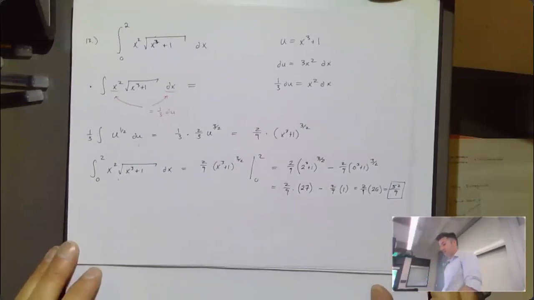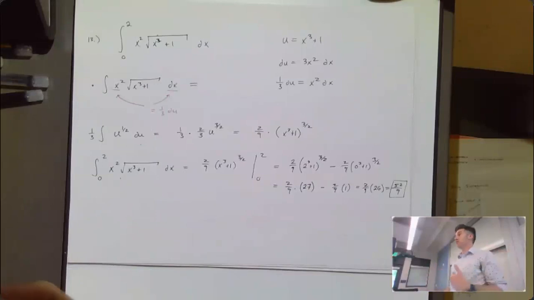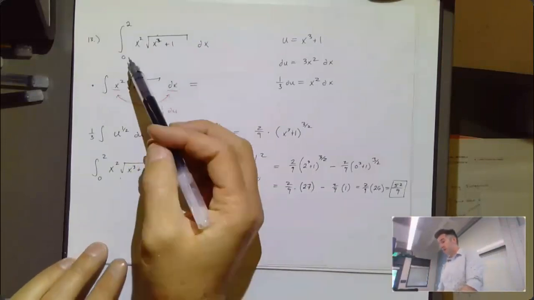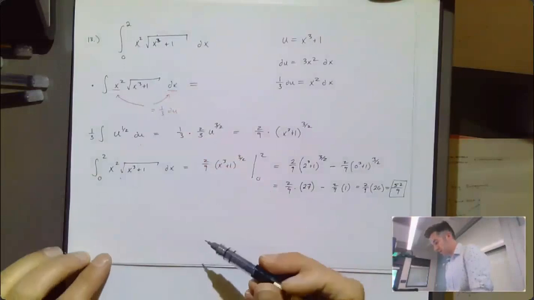Another way of tackling this is to do what's called changing the limits of integration. So when we do a U substitution, we're changing the integral to being in terms of U instead of in terms of X. Well, you can change your limits of integration as well, because these are supposed to be from x equals 0 to x equals 2. So we can say, well,